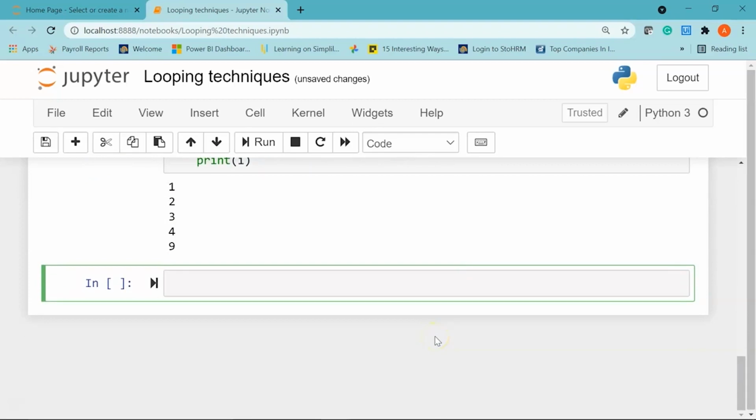Now we will understand how to use the reversed function in loops to reverse the items in a list. So I'll again create my list called players, which will have Messi. Let's say again the next player is Ronaldo, and then we have Salah, and then we have Harry. Okay.